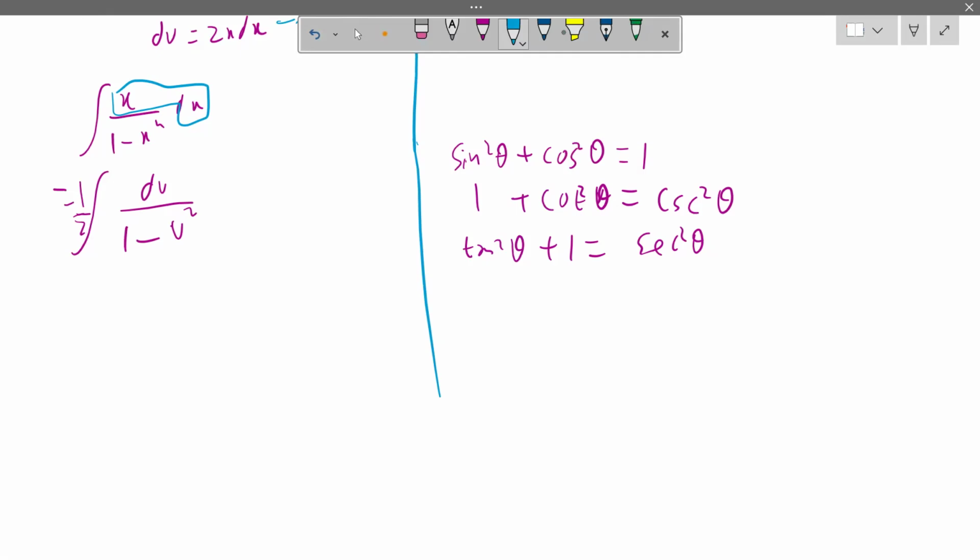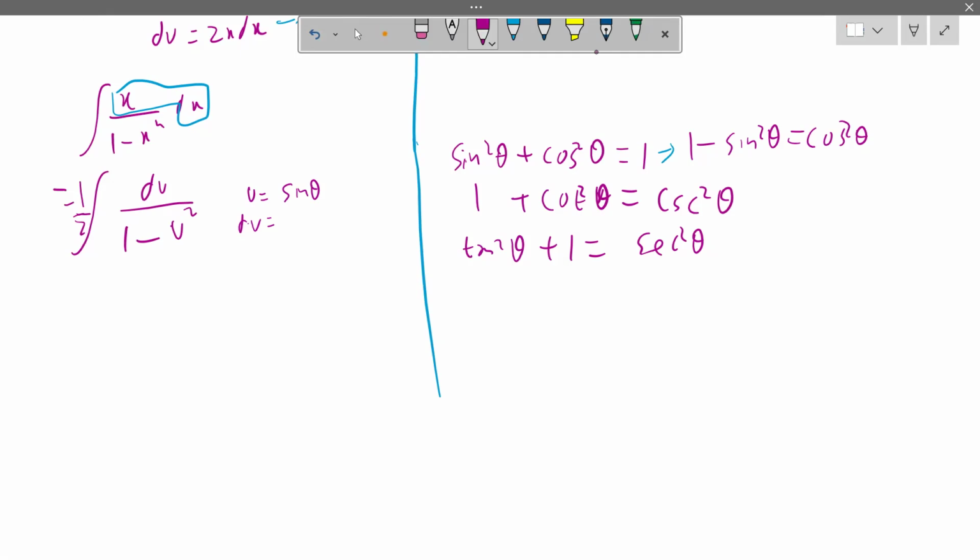If you see a difference between squares like this, you will usually use the identity with sine and cosine, because 1 minus sine squared theta is equal to cosine squared theta, right? So let's try this. If we try u equals sine of theta,